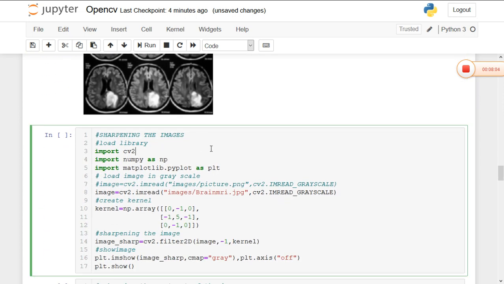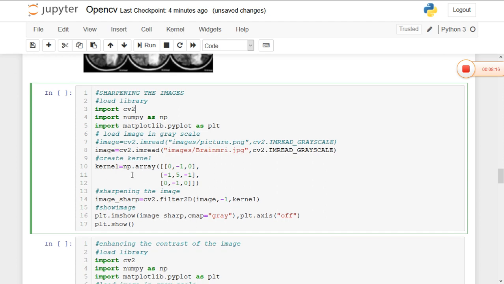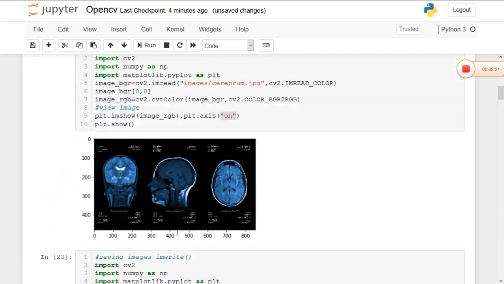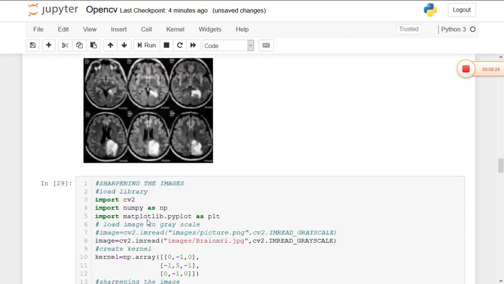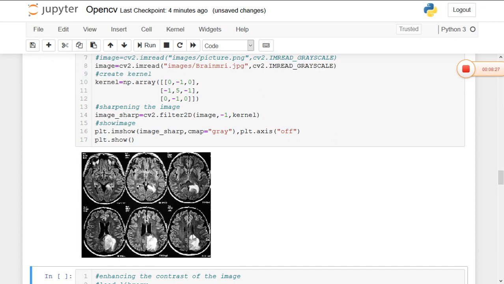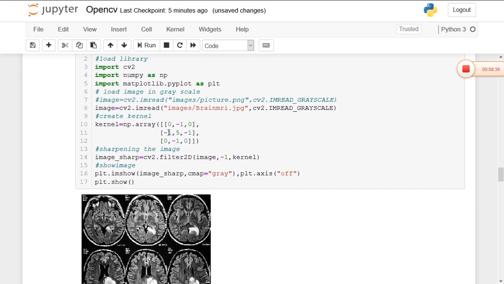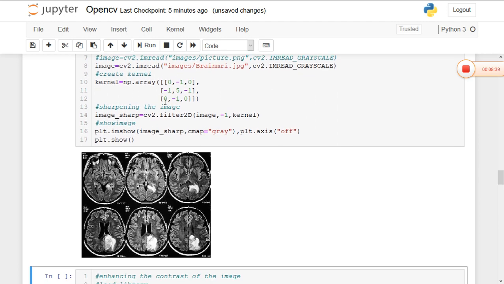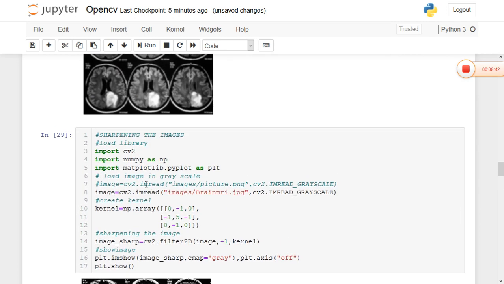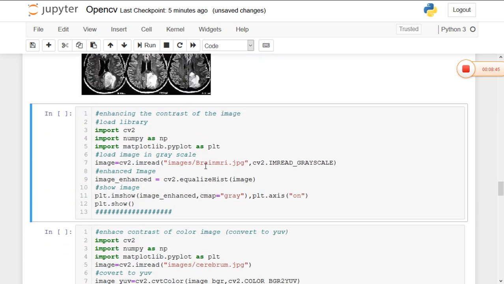Now how do we sharpen the image? The sharpening of the image also comes with a kernel itself. Create a kernel which highlights the target pixel and then apply the filter2D method. Here I created a kernel with an array for sharpening the image. This is the original image and this is the sharpened image. The image has good clarity, where the area of the brain affected by cancer is clearly shown. Using the sharpening kernel, we can create an array so that the portion will be highlighted. This is an example of sharpening the image.